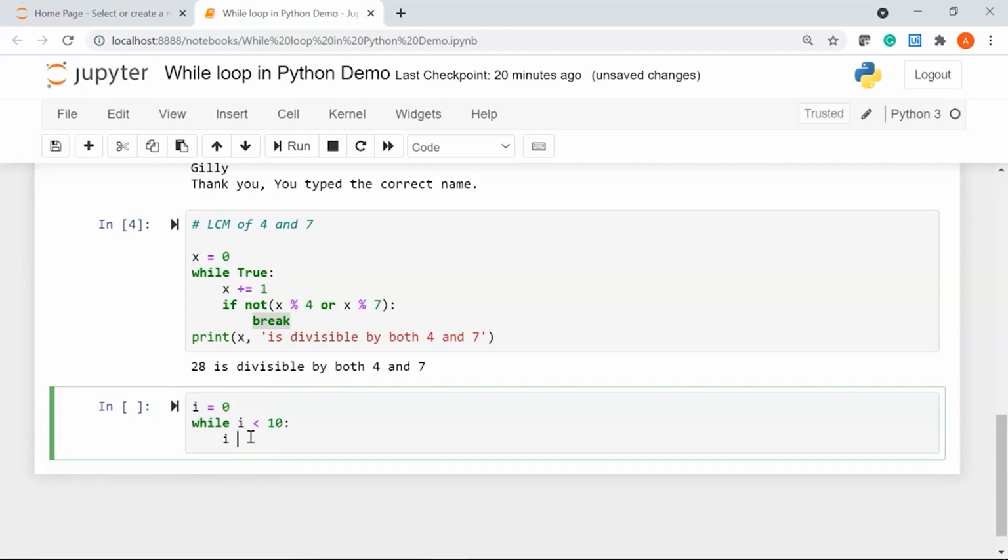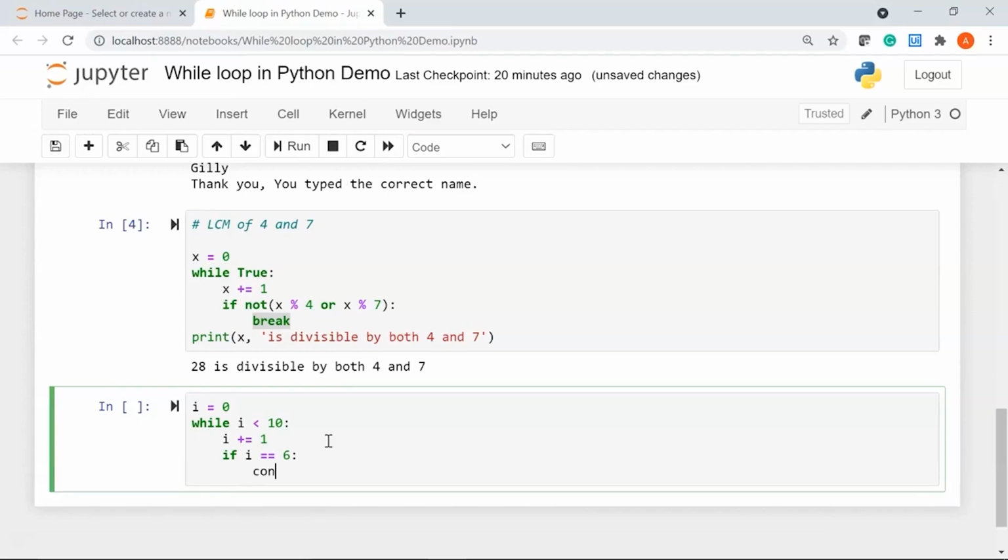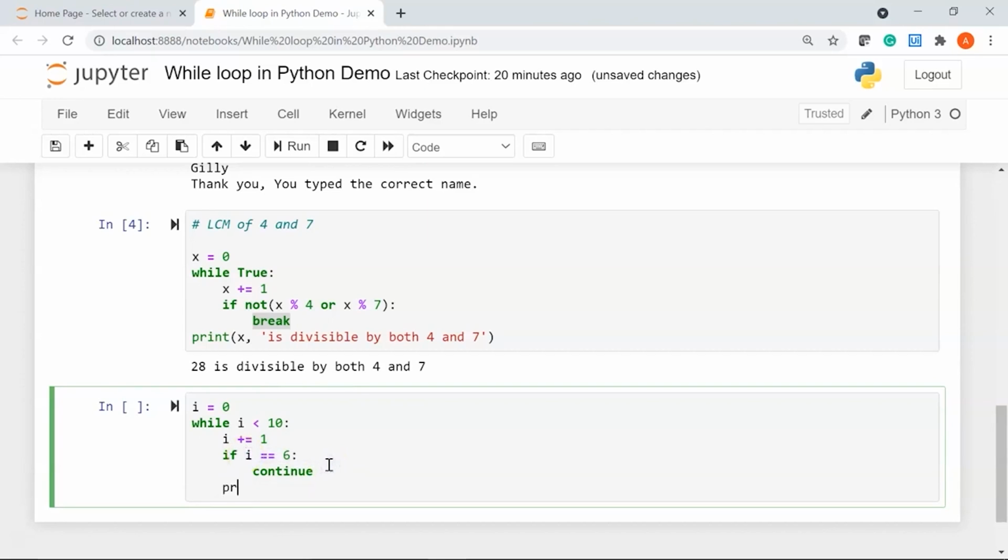I'm going to increment the value of i. I'll say i += 1. If, let's say I set my condition, if i equals 6, then I'll say continue my execution and skip the current step where i value becomes 6. Then I'll say print i.